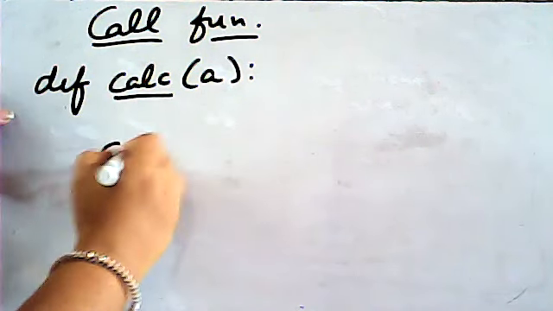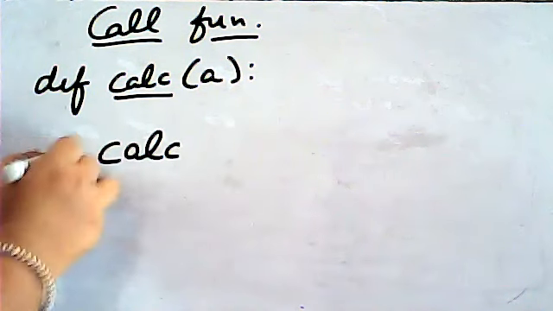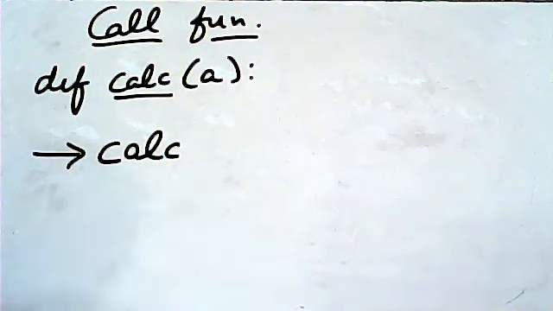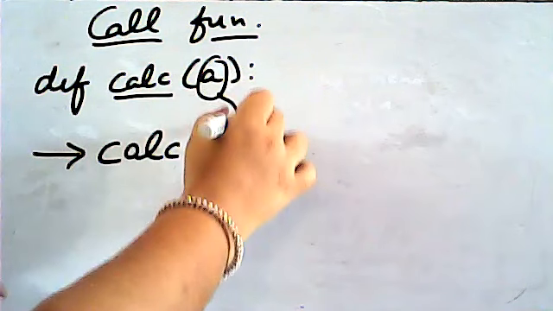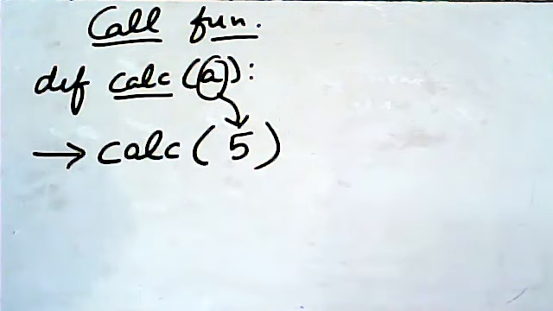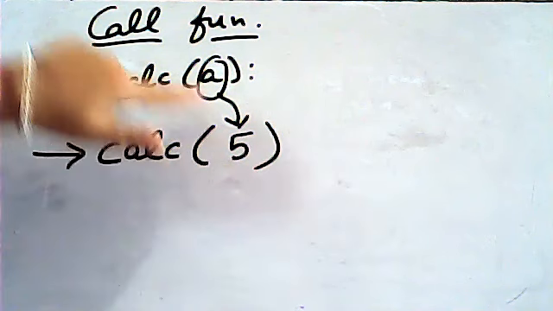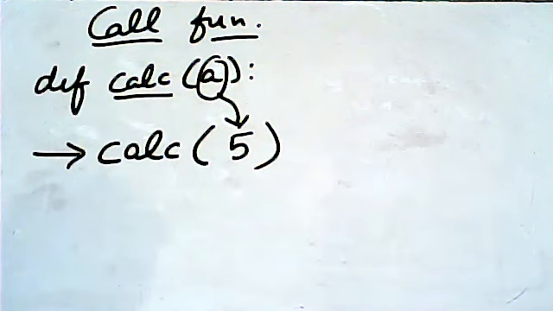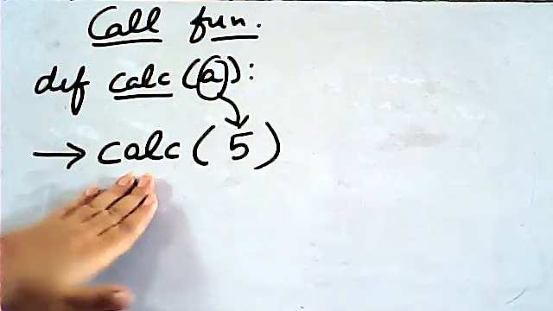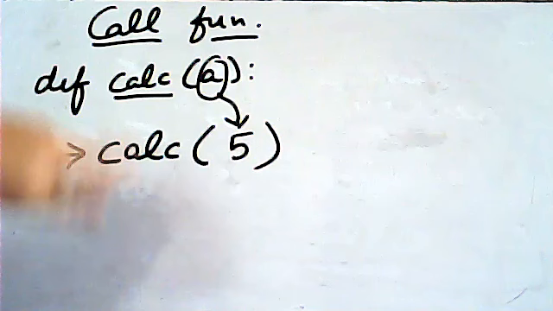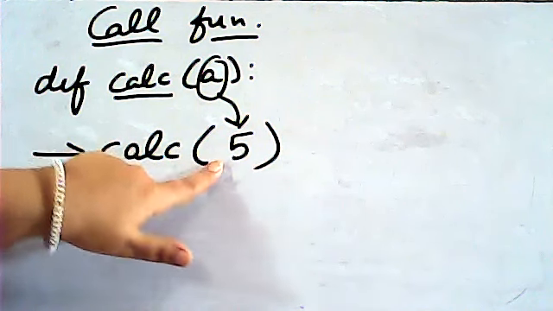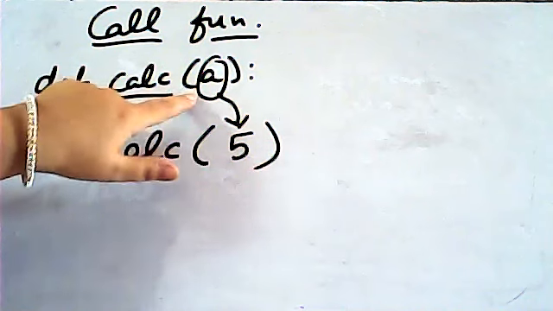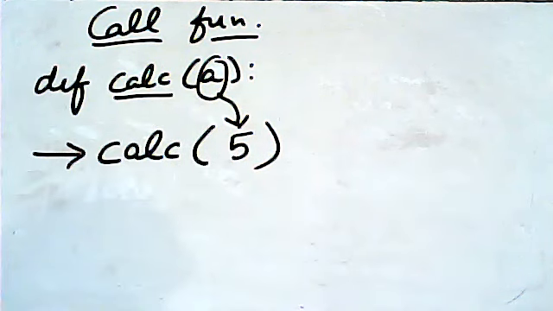Firstly, you have to write the function name. You have to write the function name, and in the bracket, whatever argument you pass, you have to pass that value here. Means this value goes to this argument. Got it? Means how you call the function. Firstly, you just write the name of the function. Whatever name you write in the def, that name has to be the same one. And then here comes a value. It means whatever value you pass to this argument, at that time you just pass this value.